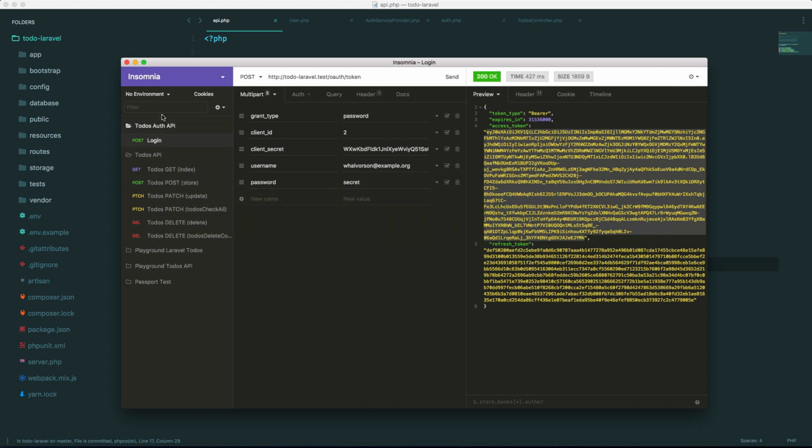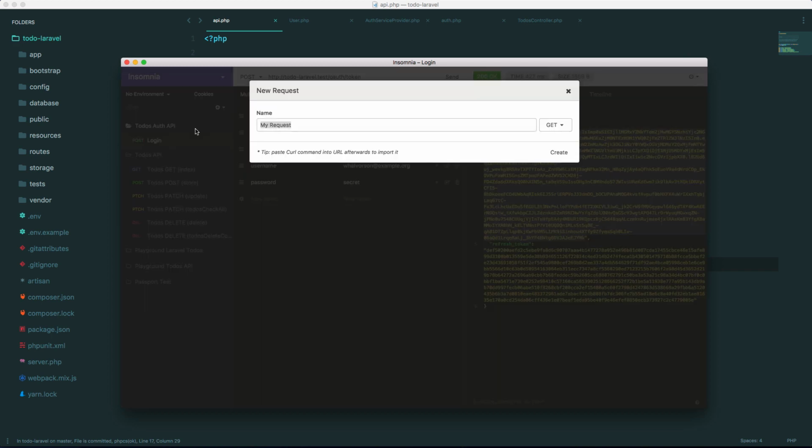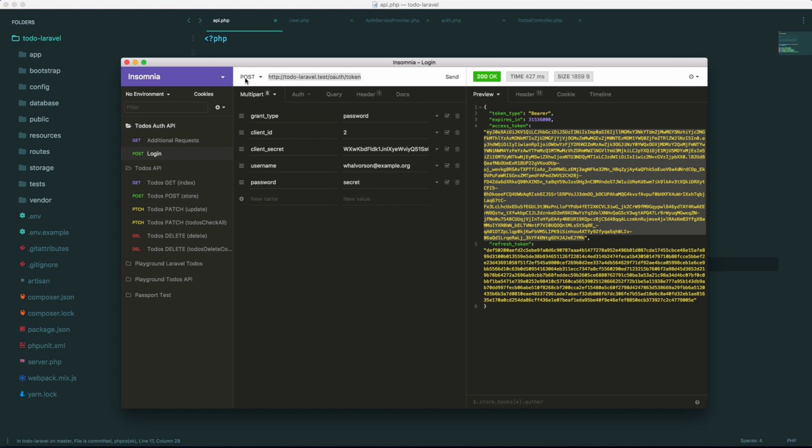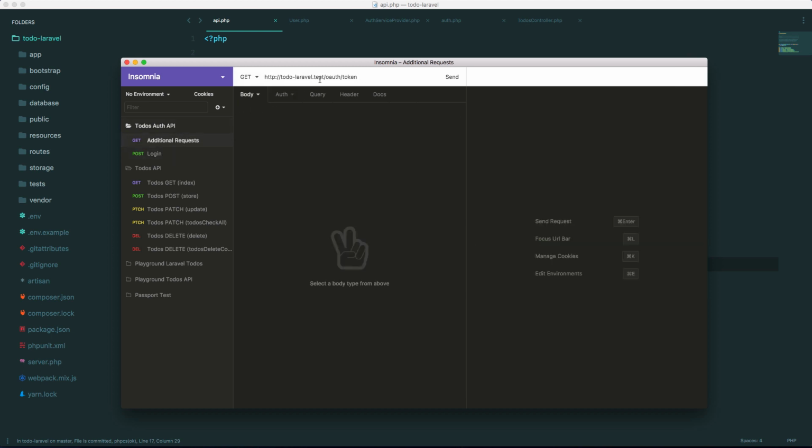So let's make a new one. Let's call it additional requests. It's a GET request. Okay, create. Let's put it in here, sorry. Okay. And let me just grab this, paste it, and it's just /API because everything is behind that API route, and then /user. And this is going to be unauthorized because we're not passing in that token,